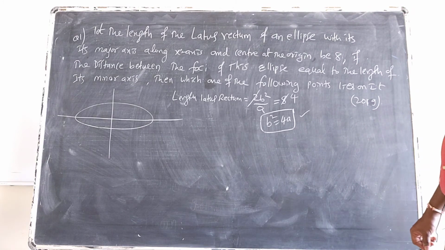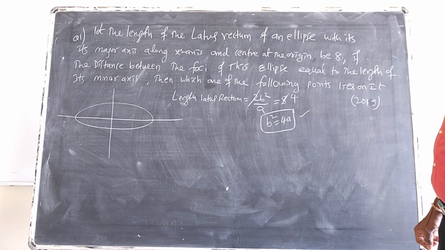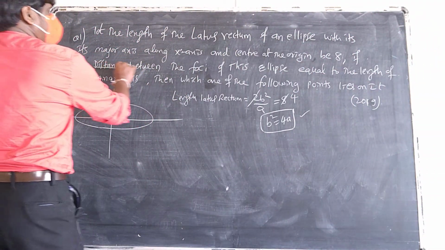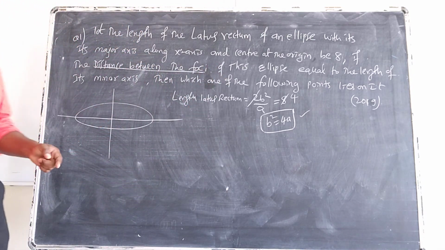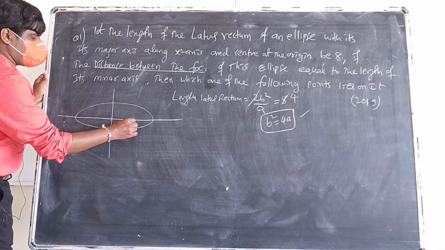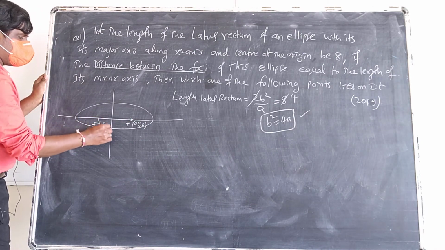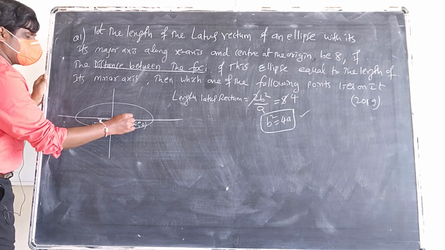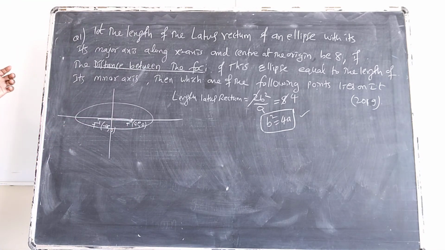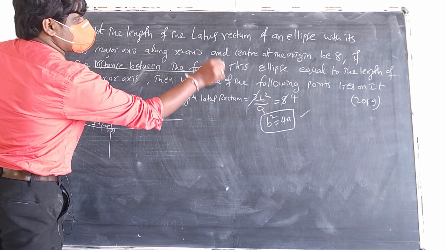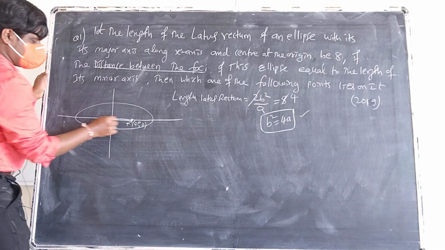If the distance between the foci of this ellipse is equal to the length of the minor axis. So what is the distance between the foci? I told you now, this is ae comma 0 and this is F dash, that is minus ae comma 0. The length of this is how much? 2ae. This length is ae, this length is ae. So the distance between the foci of this ellipse is equal to, means the distance of this one, that